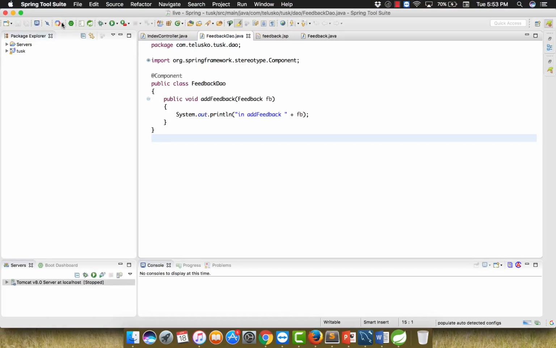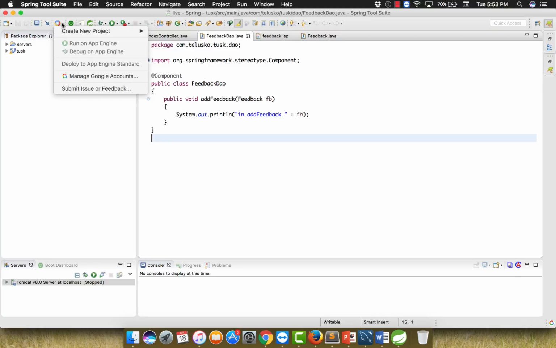Okay, so when you restart, you can see we have an option here of creating a project. But even if you create a project, you have to make sure that you also deploy this on the server, right? So this is the option you use to deploy. So even before creating a project and deploying it on the server, what you have to do is